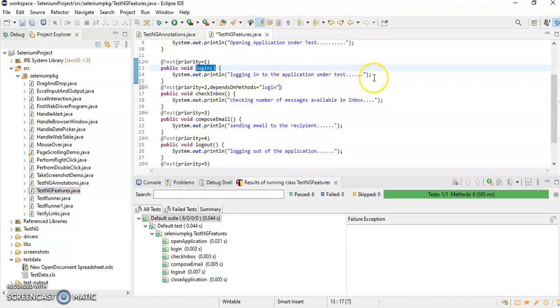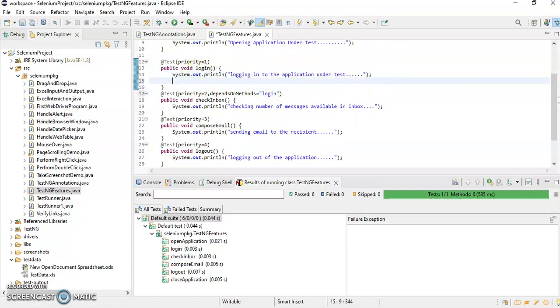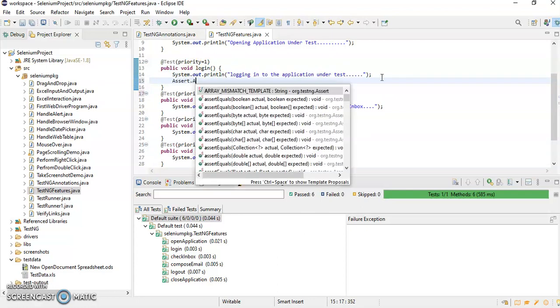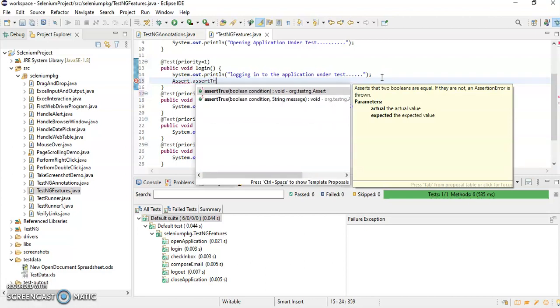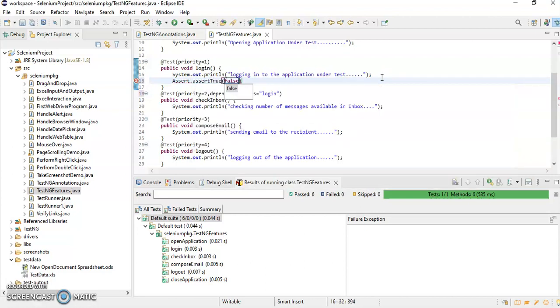So to fail this particular test case, to fail this login method, what I will do is I'll write here assert dot assert true, and here I'll give false. So I will show you in next class what an assert is.